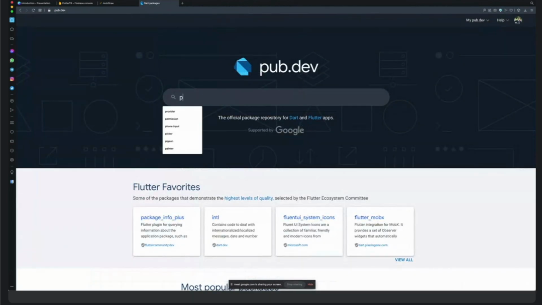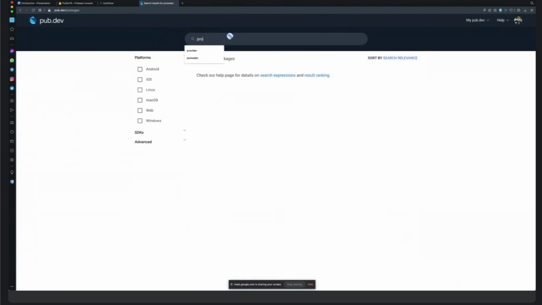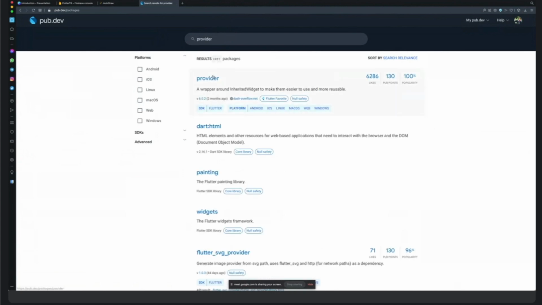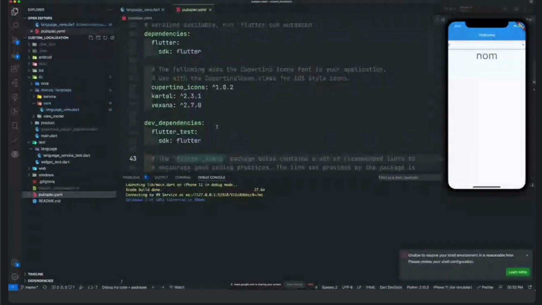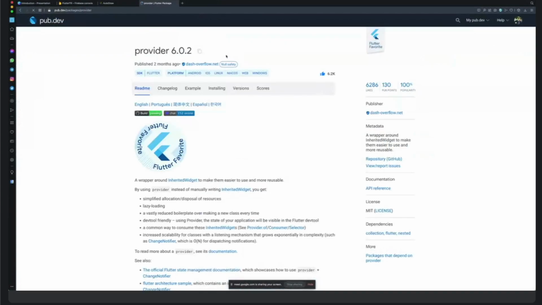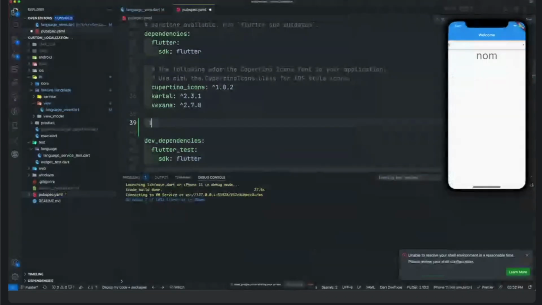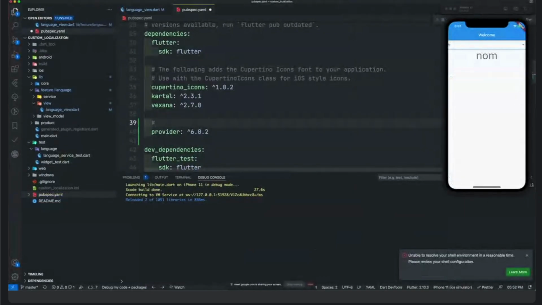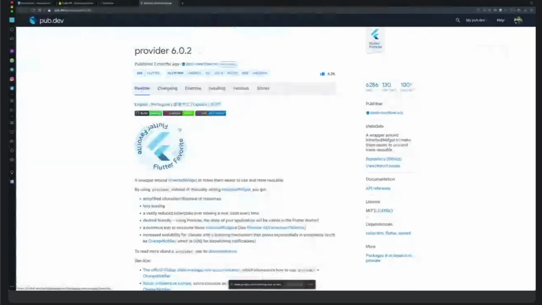First of all, I will use provider. If you want, you can select other state management scenarios, but I actually love provider. I'm going to add provider. Yeah, that's okay. And I always try to add a tag like state manage, because sometimes, you know,